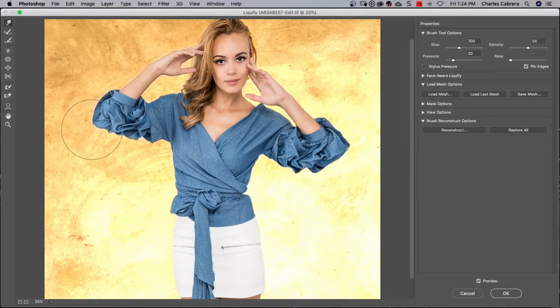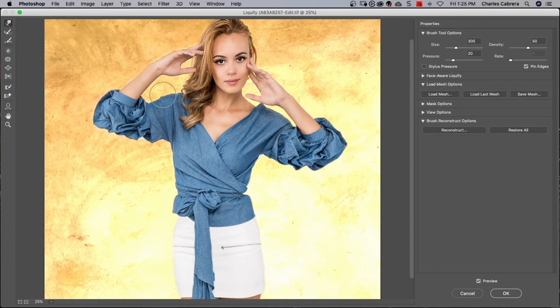Sometimes you have to watch out for the background and see what is moving. This background here is textured, so it's not going to matter too much, but you have to be aware of what else it is moving around the area that you're trying to liquify when you are using this Liquify tool.